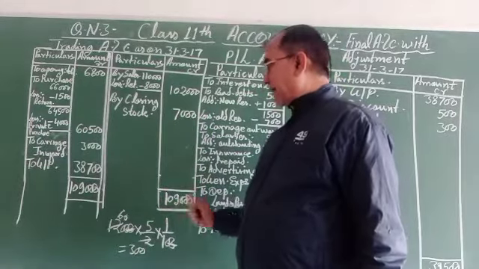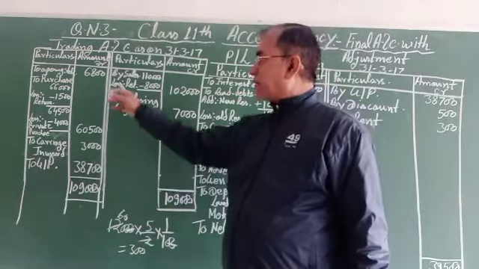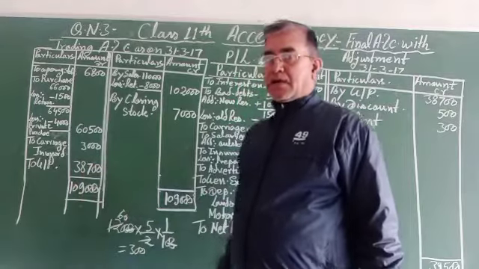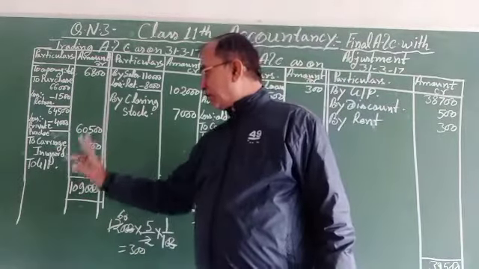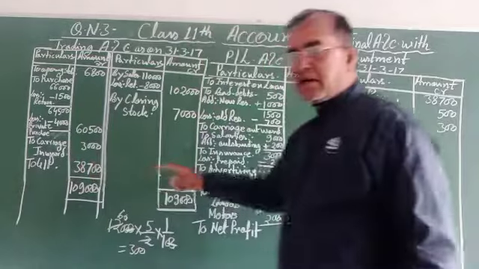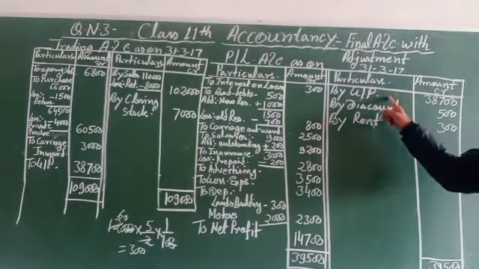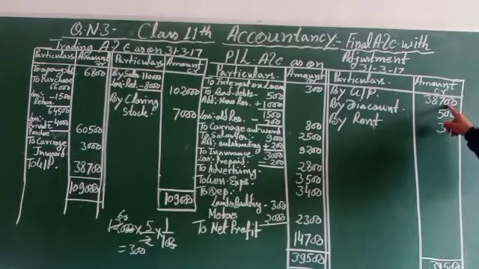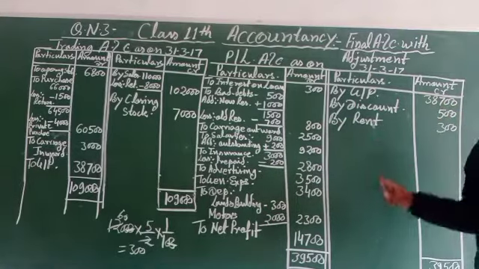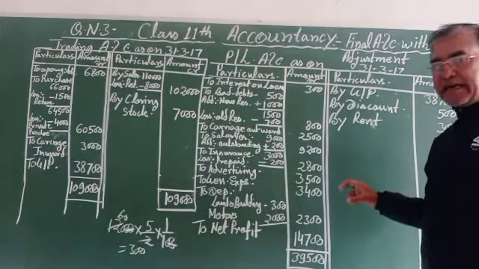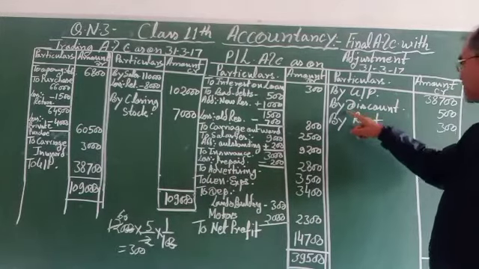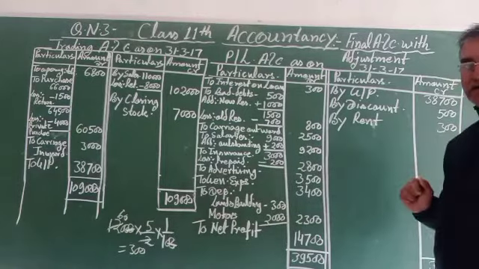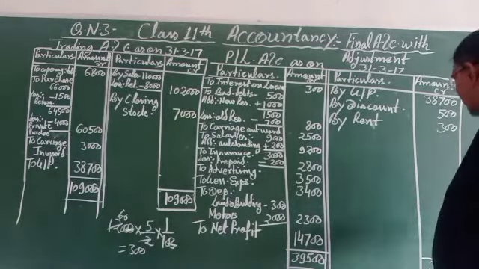And whatever the goods remain unsold at the end of the accounting period, 7,000. So the total 1,09,000 is deducted from the total of the debit column. So the gross profit of the organization will be 38,700. And this gross profit is transferred to the profit and loss account in credit column. You can see 38,700. And whatever the incomes received by the enterprise, discount received 500 and rent received 300. The total credit 39,500.